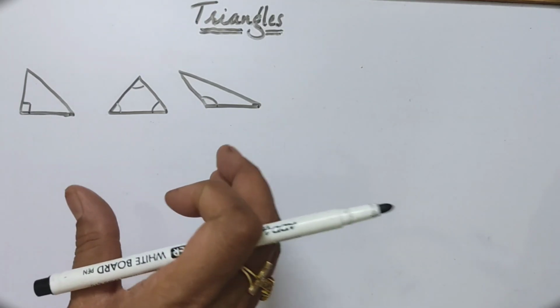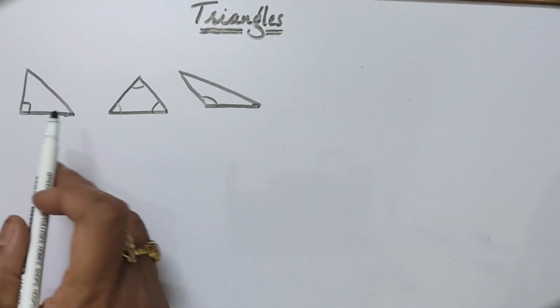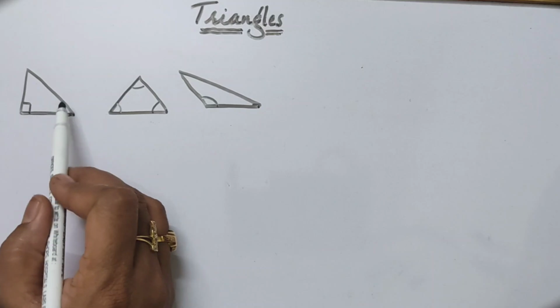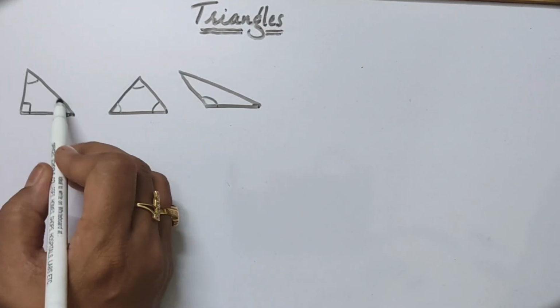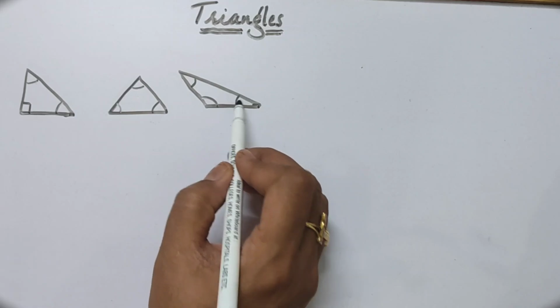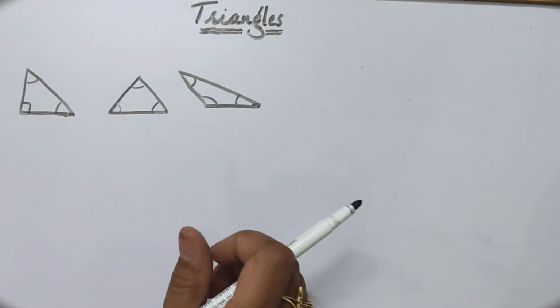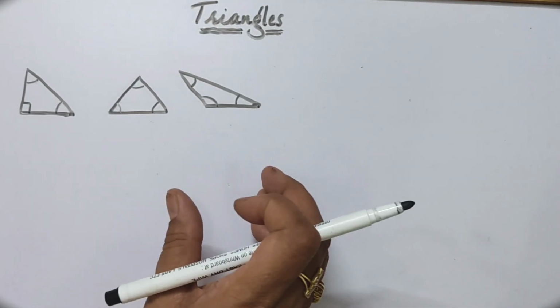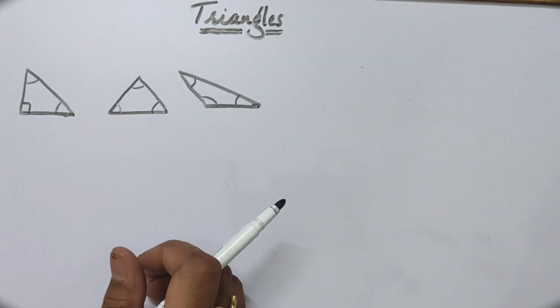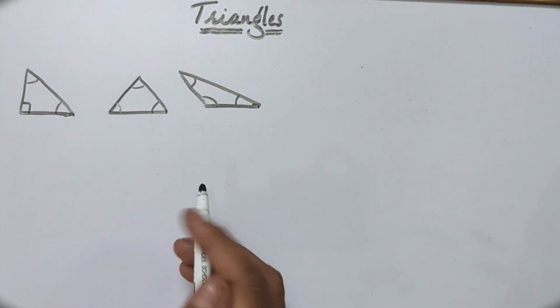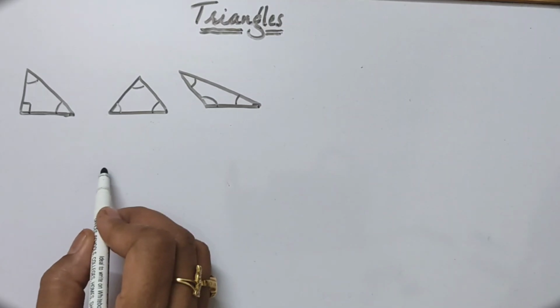So no matter what type of triangle you have, the sum of its interior angles always adds up to 180 degrees, right? When you add up all these angles, you're going to get 180 degrees. That's a universal rule. You're familiar with triangles and many of their properties from your earlier classes, right? So you have studied about the congruence of triangles, right?